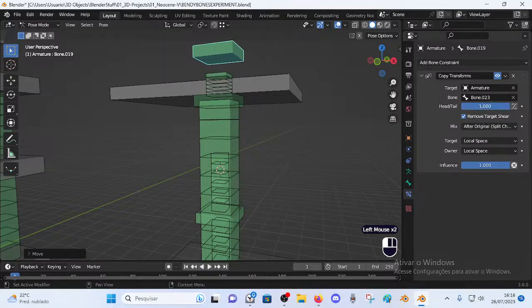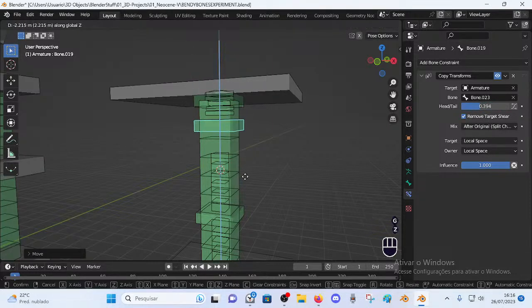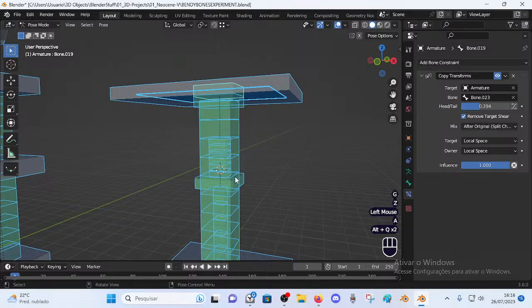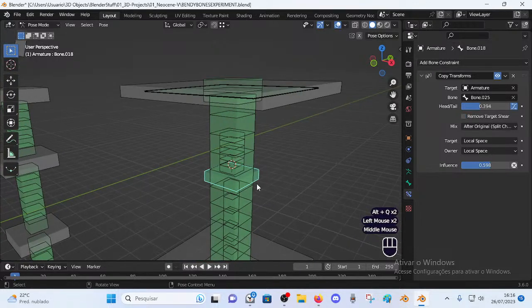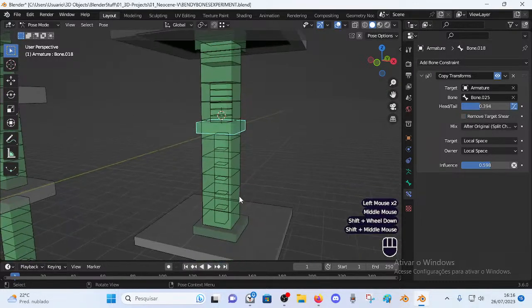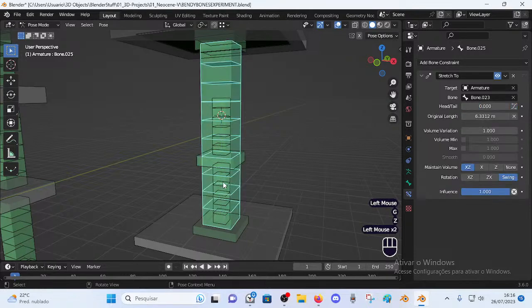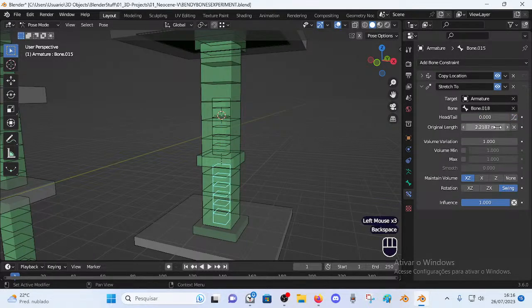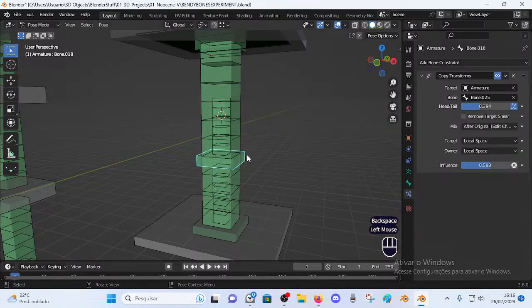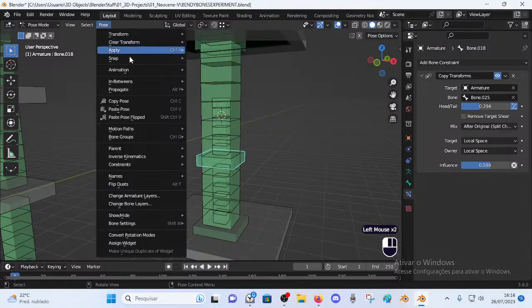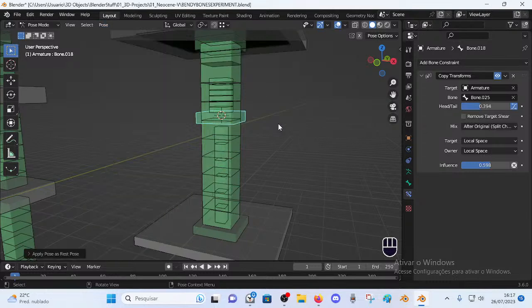It's going totally crazy now. I might have broken the rig, but the idea was, at least for this one, like I give some new position, then I reset. This becomes its new original length. Then I pick this and then I apply this as the rest pose. No,